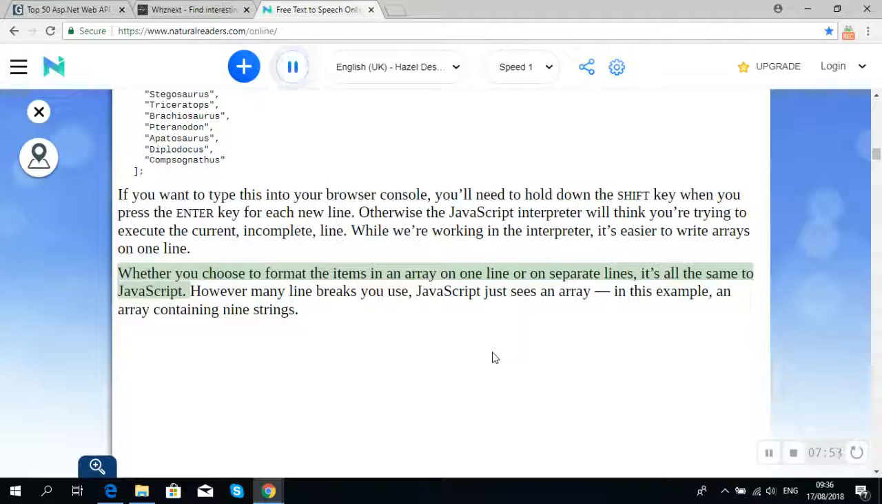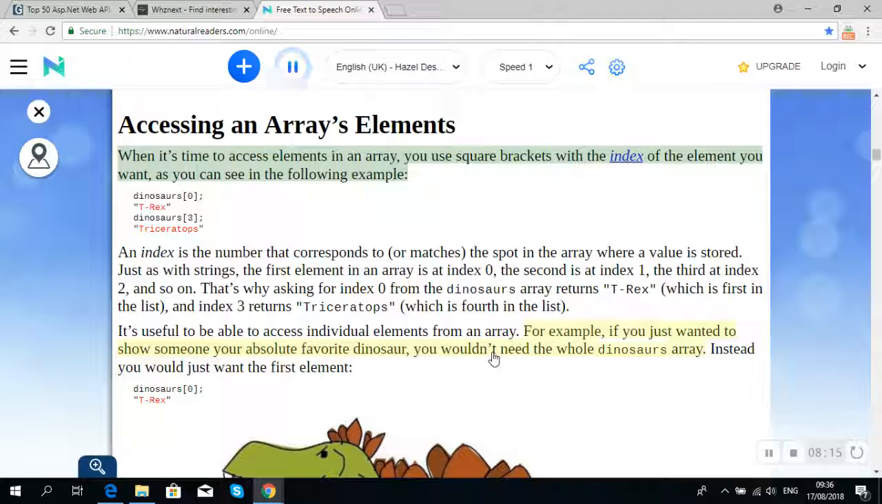Whether you choose to format the items in an array on one line or on separate lines, it's all the same to JavaScript. However many line breaks you use, JavaScript just sees an array, in this example an array containing 9 strings. When it's time to access elements in an array, you use square brackets with the index of the element you want, as you can see in the following example. dinosaurs[0],